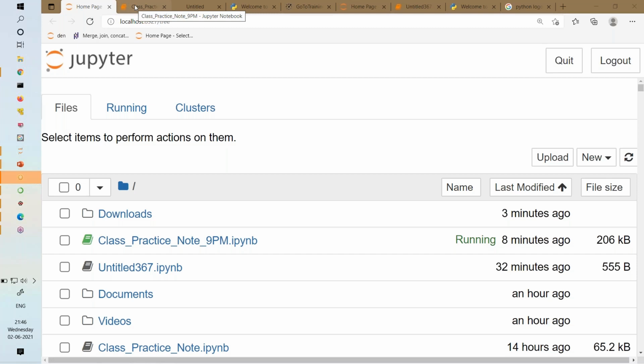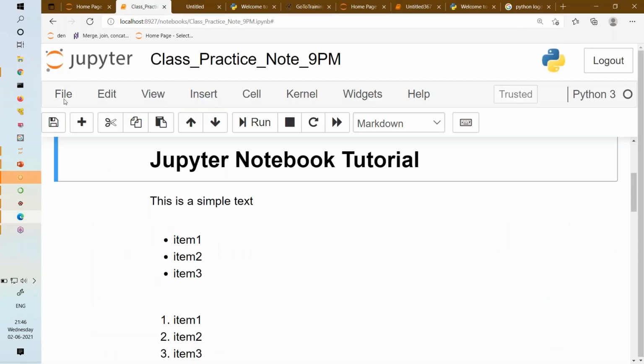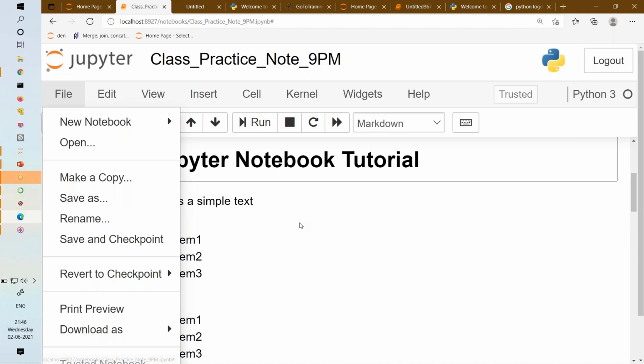Okay, so I think you understood how to download, how to rename, how to save. Do you really need to save? No. Jupyter Notebook by default is saving. Having said that, my recommendation is that every time you do a very important change, you can always save. There is a save as command or Control S you can type. It will save automatically at a regular interval, not immediately. If you want to save a copy, then you can always save as.